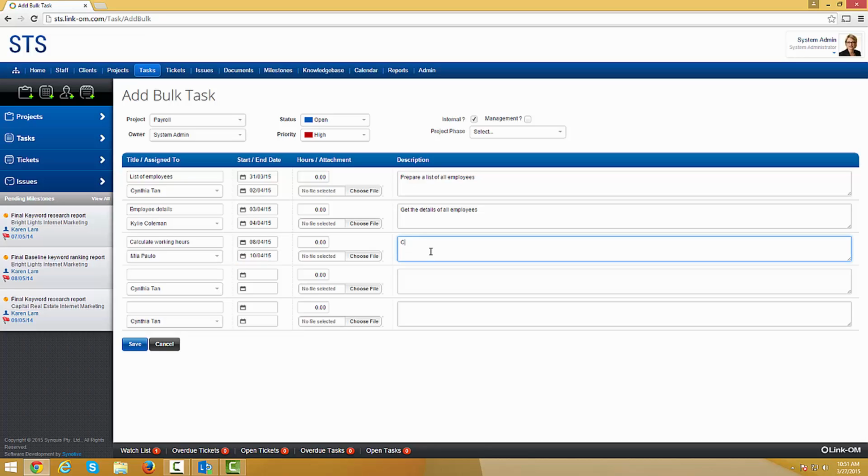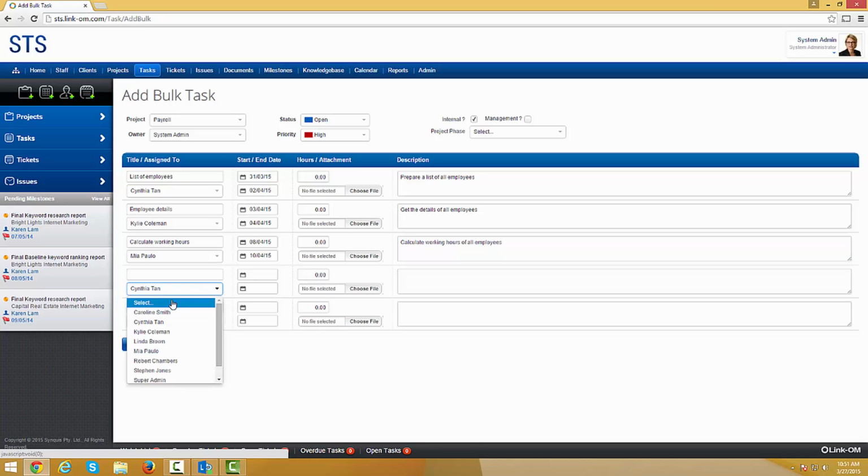Write the description. Hours of all employees. Right now I want to assign only three tasks, so you can leave the other fields blank, otherwise it will show an error.